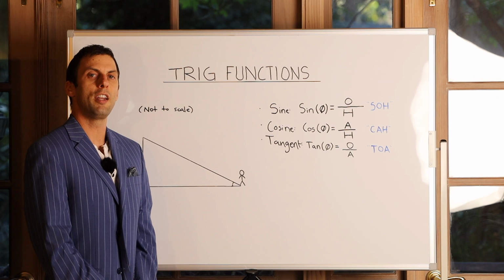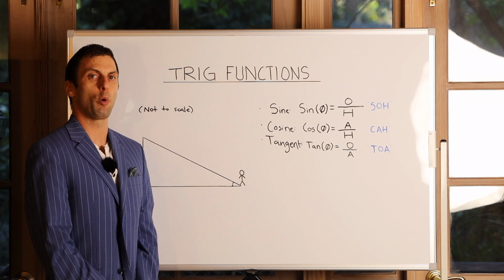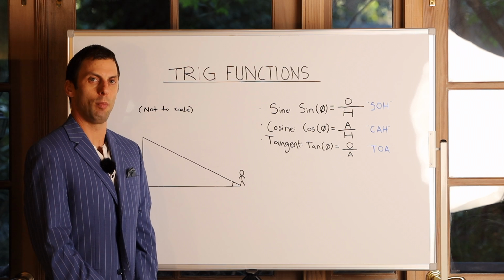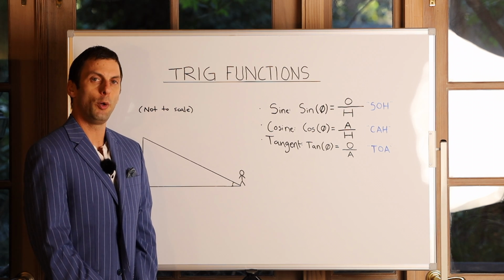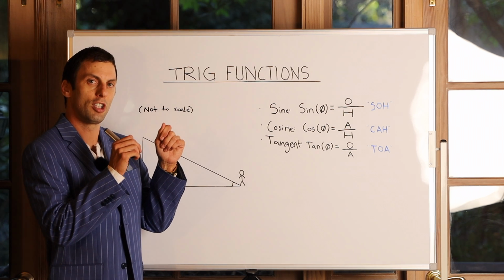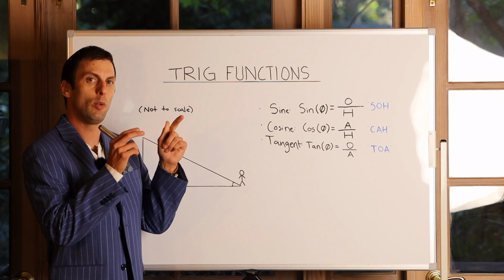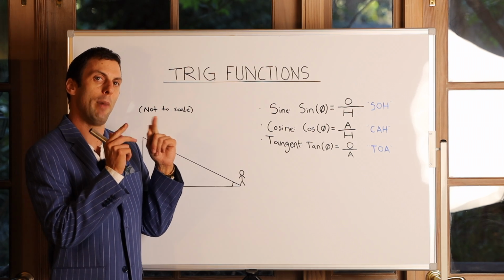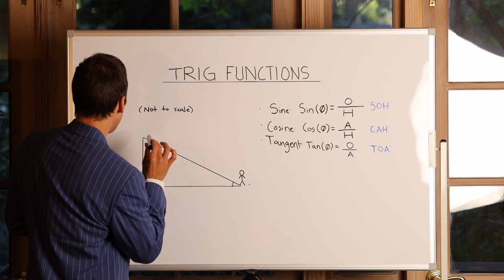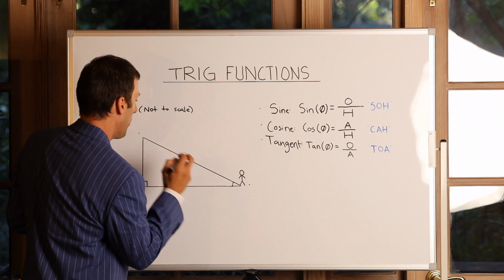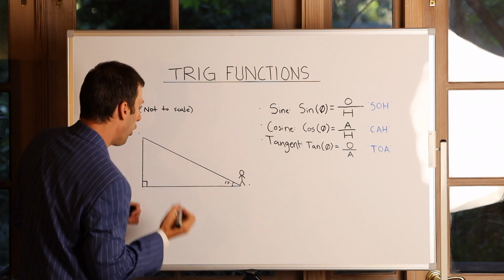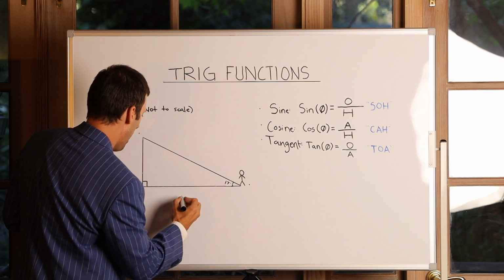All right, so I've gone ahead and drawn the problem on the board here. Let me explain how we're going to solve this problem. Remember we were in the field and we had our compass and we tilted it and used the clinometer to measure the angle between where we were standing and the summit of Mount Conness? Well, I want you to picture that this is us and this is the summit of Mount Conness. And we measured this angle here and it was 17 degrees. And we also measured the distance, and that was